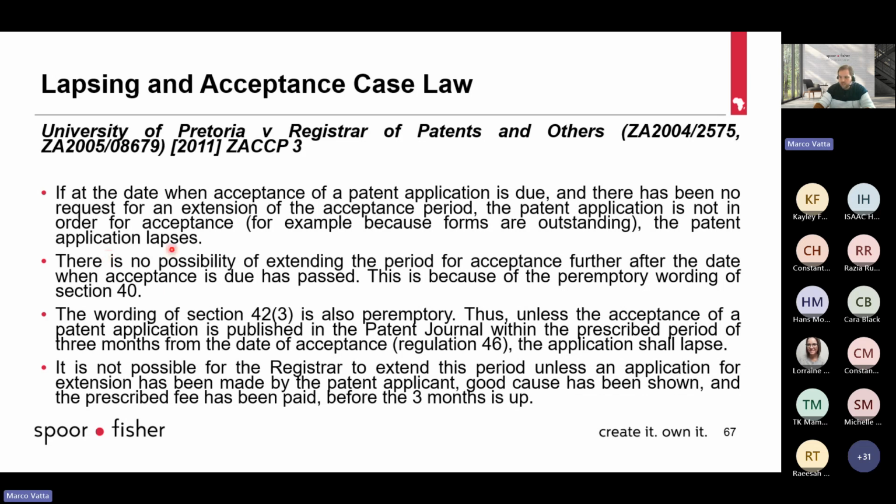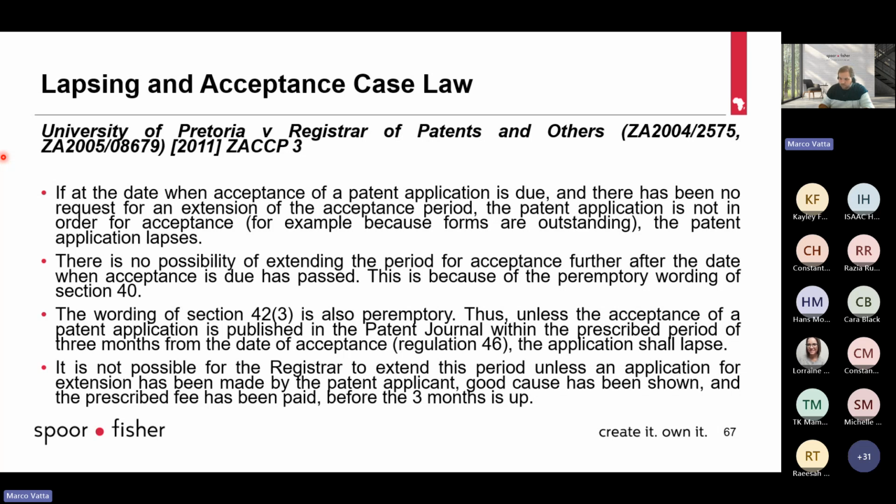Okay, so there was case law that dealt specifically with the period within which to publish acceptance. That is the 3-month period from the acceptance notice's date of issuance and the date of grant. In terms of the Act, if it is not published, the application has lapsed. This was the subject of the case in the University of Pretoria versus the Registrar of Patents and others, where